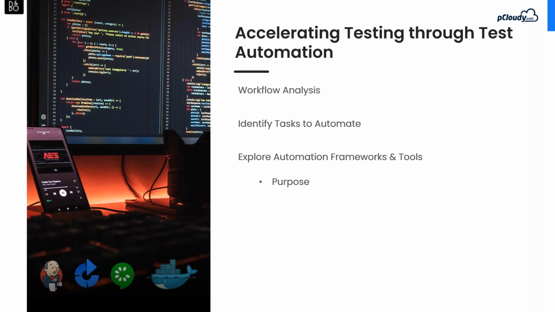And also understand the purpose, which is very important. What is the purpose of automation, right? As I said, what and why are very important. Without the purpose, it doesn't make sense to evaluate any automation tool. So focus on the purpose of automation while you're exploring any automation framework or tools. And then also the comfort, which is very important, right?